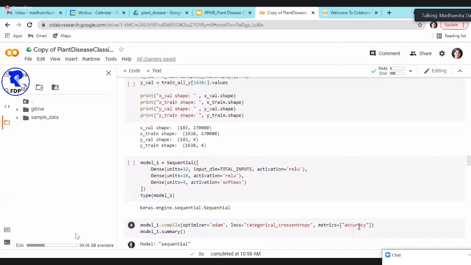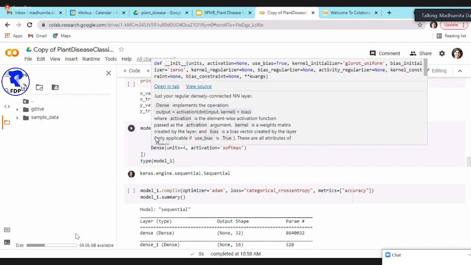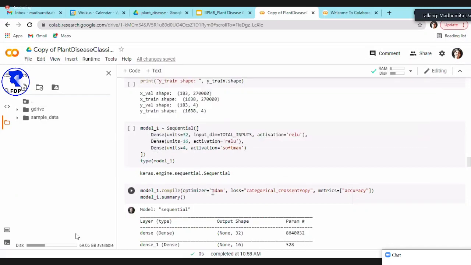And for metrics, I can say that I want to check on the accuracy. There are different metrics. If you have a classification problem, then there is F1 score, precision, recall. So based on what exactly your final output is, you can define it. But in this case, accuracy works for me. Then this is how you compile these models. These are your layers, neurons, and you say use the Adam optimizer, categorical cross entropy. So the other parameters will be default, whatever is the default that Keras uses.